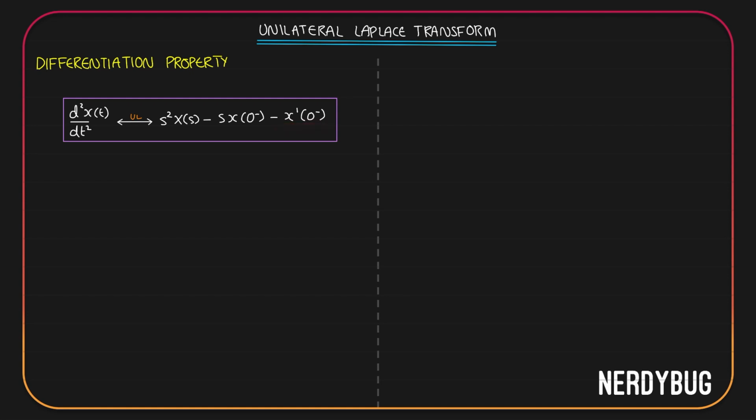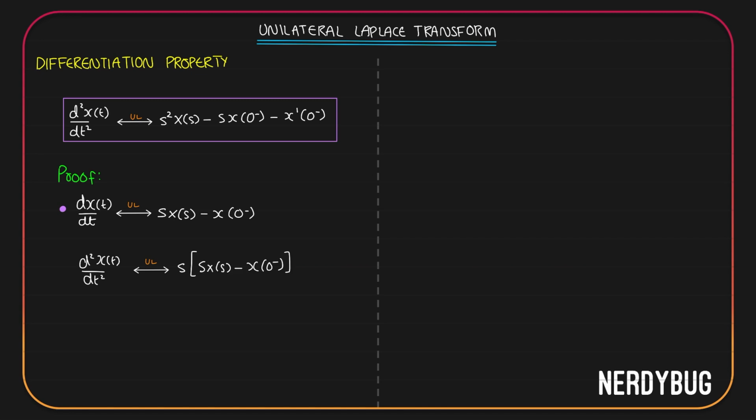Let us prove this. We already learned that the unilateral Laplace transform of the first derivative of x of t is s X of s minus x of 0 minus. What we want now is that of d square x of t by dt square. This is actually the derivative of this one. So its unilateral Laplace transform is going to be s multiplied by the Laplace transform of this, that is s X of s minus x of 0 minus